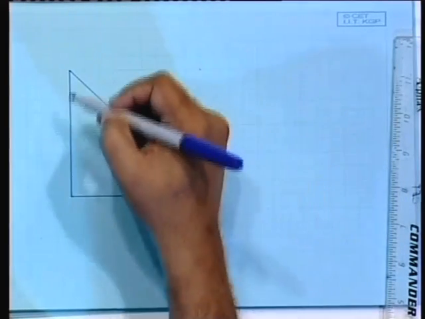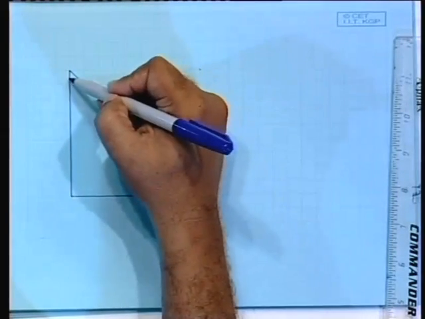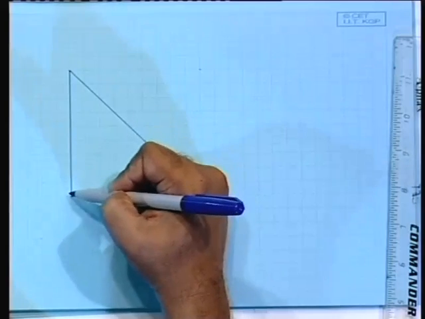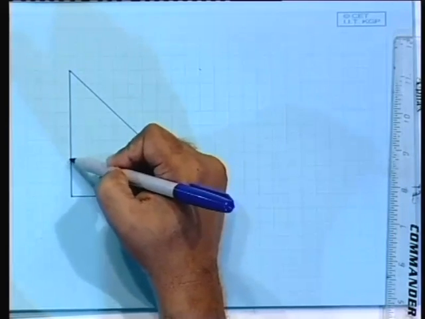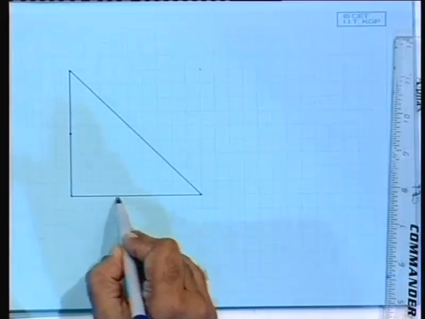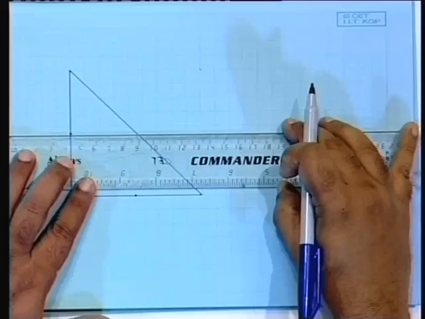So, now here we have how many of the boxes? 1, 2, 3, 4, 5, 6, 7, 8, 9. So, half of that is 1, 2, 3, 4 and half. 1, 2, 3, 4 and half. So, if we now construct it this way,